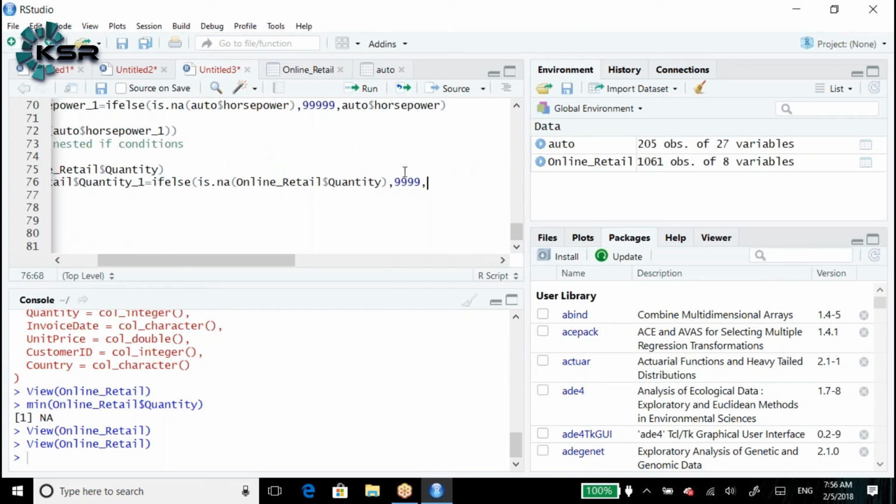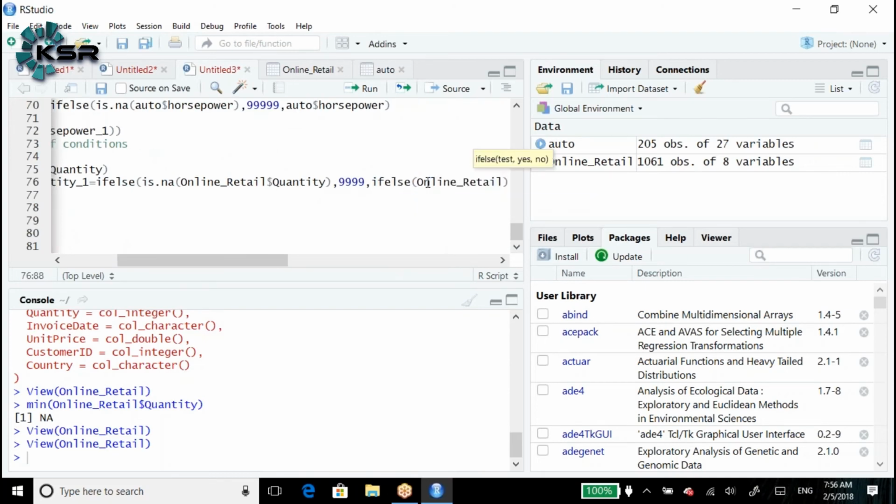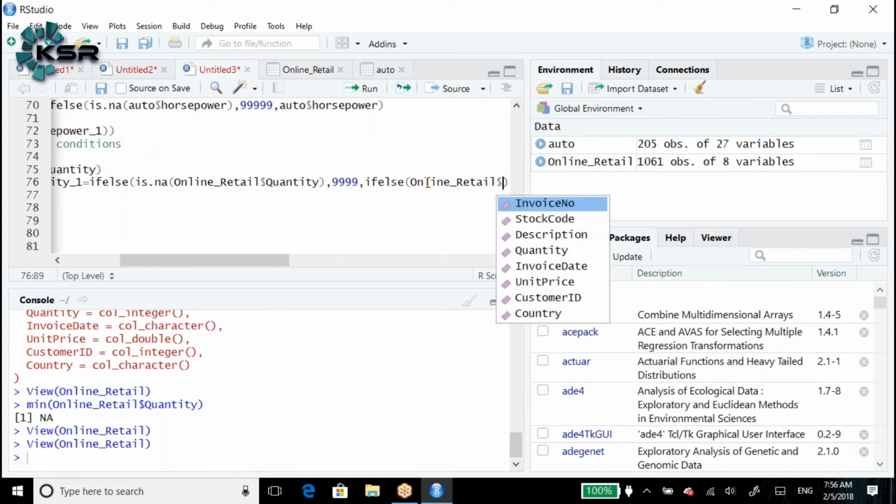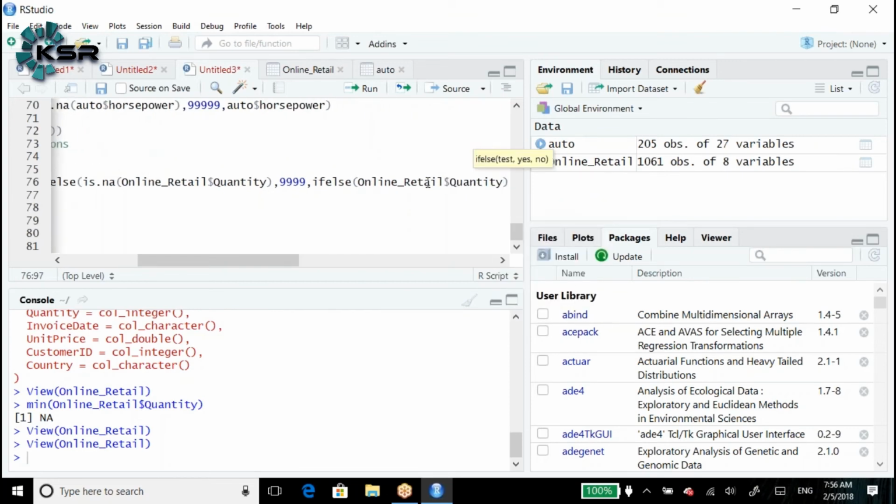If the condition fails, what do we need to write again? ifelse online retail dollar quantity less than or equal to 10, anything up to 10 we keep as low, else we keep the medium.